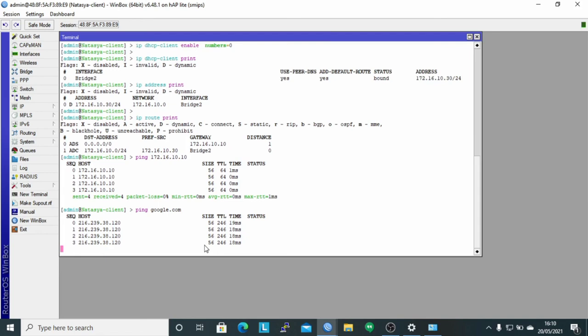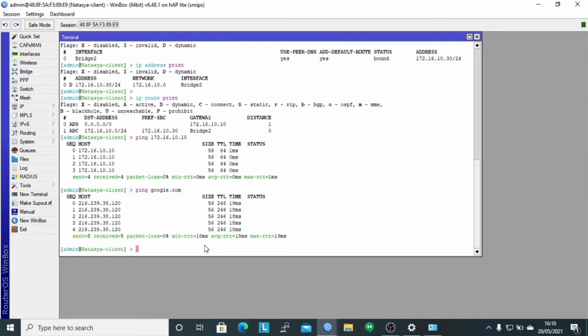It can be seen that the result is reply, meaning that the router client is connected to the server and connected to the internet with the DHCP server.